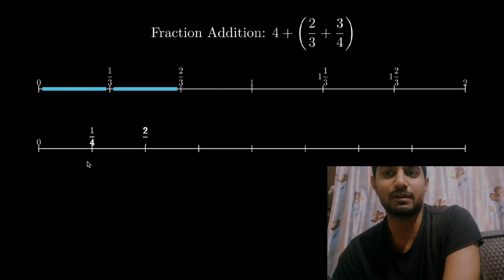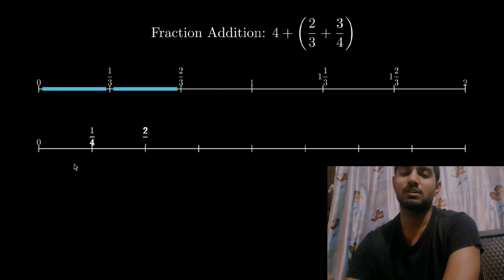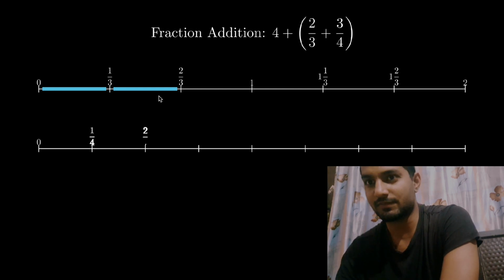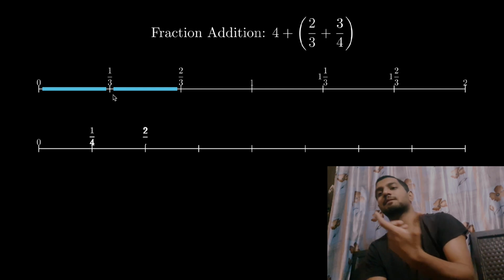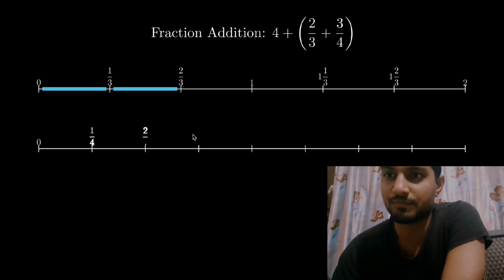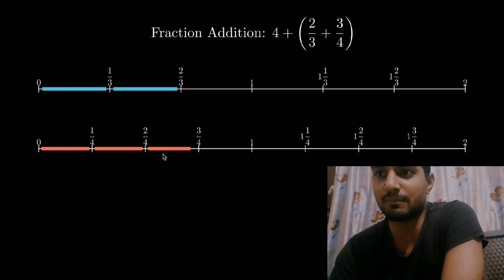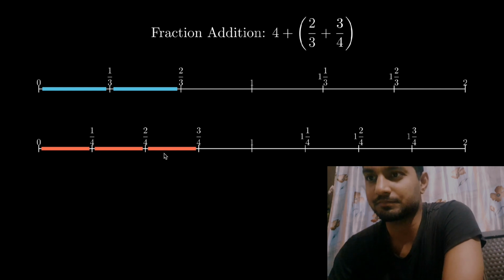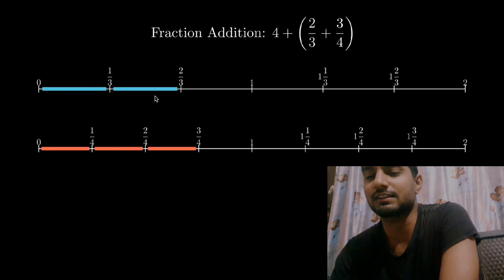So again, I'll draw a number line to represent how 3 by 4 looks if it is a stick or a candy. So a candy of 2 by 3 will look something like this. 2 candies like this of this certain length, right? And we have to add it with 3 by 4. And how does 3 by 4 look? Again, 3 by 4 means a fraction with base 4. So again, it will be 0 and 1 divided into 4 equal compartments, and 3 will be filled. So over here, you can think this is the first stick or candy, which looks something like this, and I want to